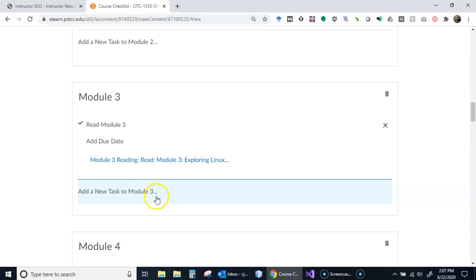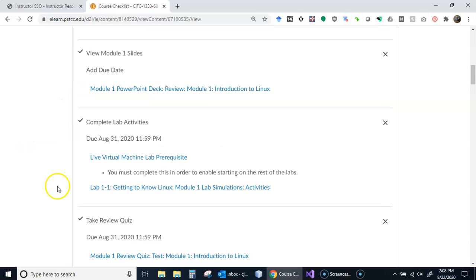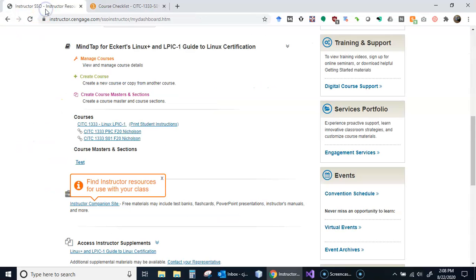I'm still trying to decide, but I think what I'll do is something like this where complete lab activities, and I'll put a link to every lab activity in that one checklist item, because otherwise sometimes you'll have 10 boxes to click, so we're not going to do it that way. But yeah, just to clarify, going back, this is what I see